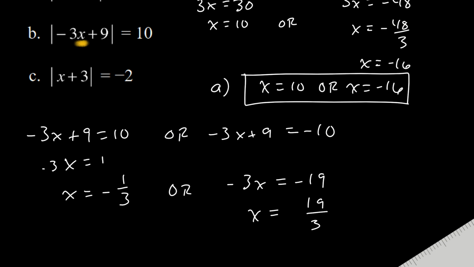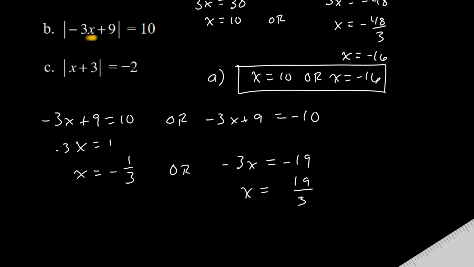And for the other value, negative 3 times 19/3 is going to be negative 19. Negative 19 plus 9 is negative 10. Absolute value of negative 10 is 10. So for B, we have the answer,